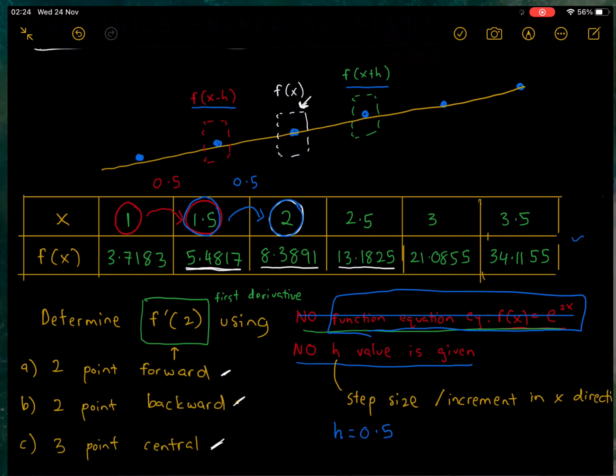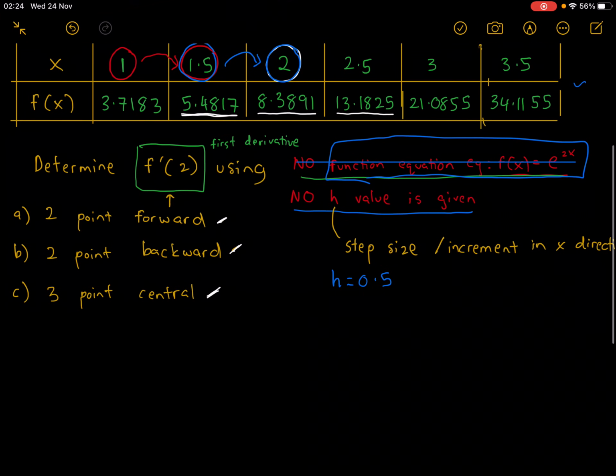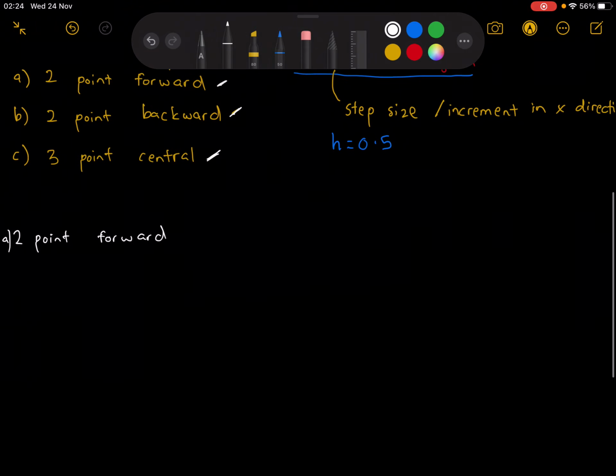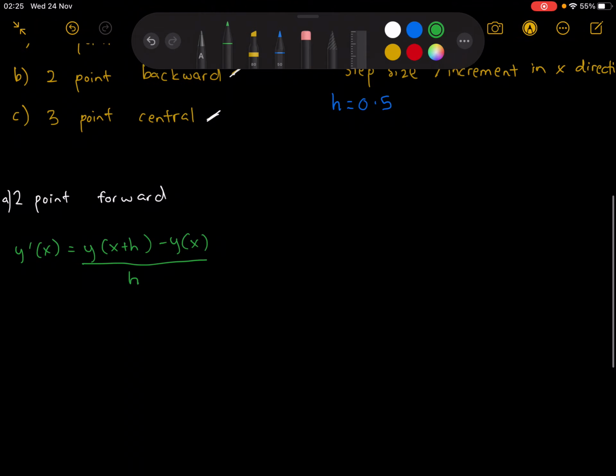So let's get back to our question. How do we want to solve it using 2-point forward? Let's start with the equation of 2-point forward. We know that for 2-point forward, y'(x) is [y(x+h) minus y(x)] over h. Since the question asks us to find y'(2),